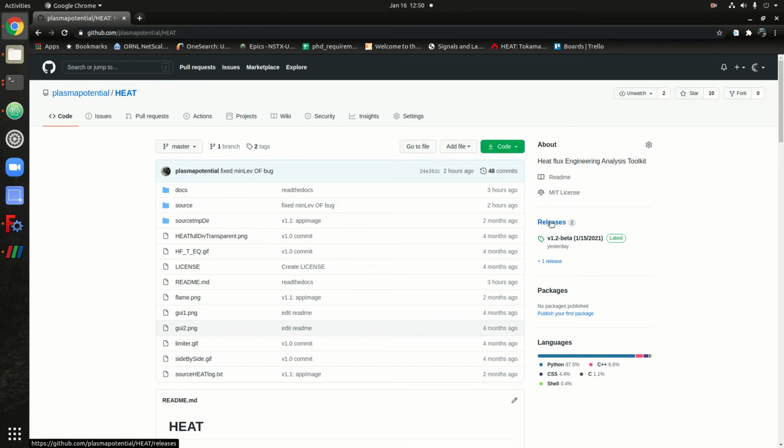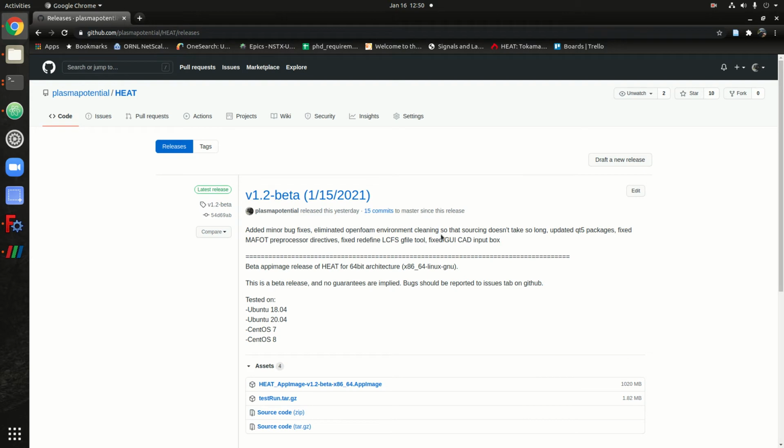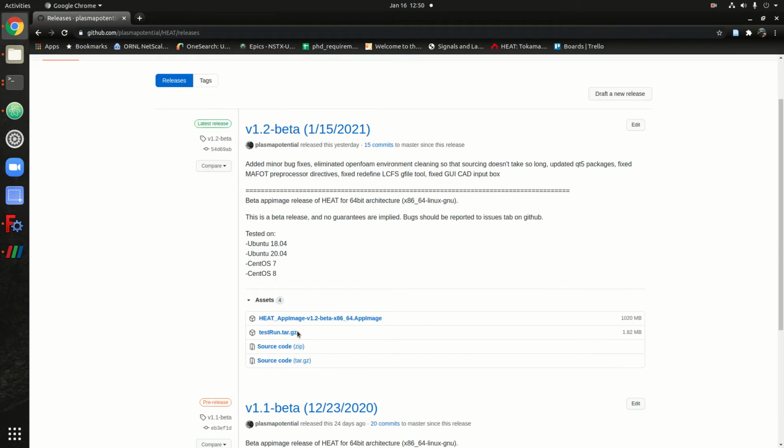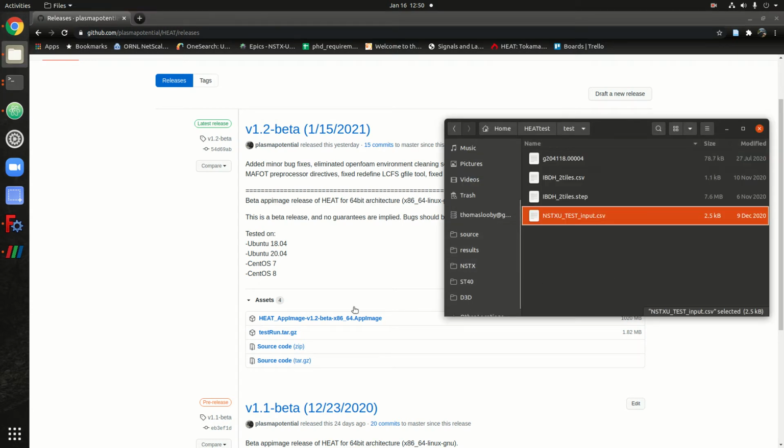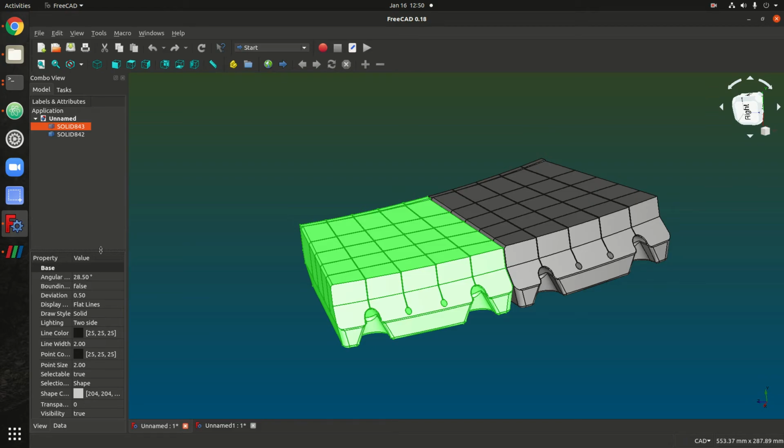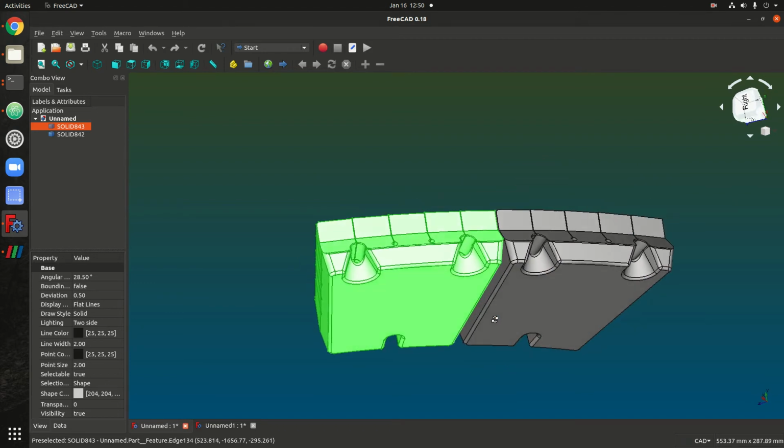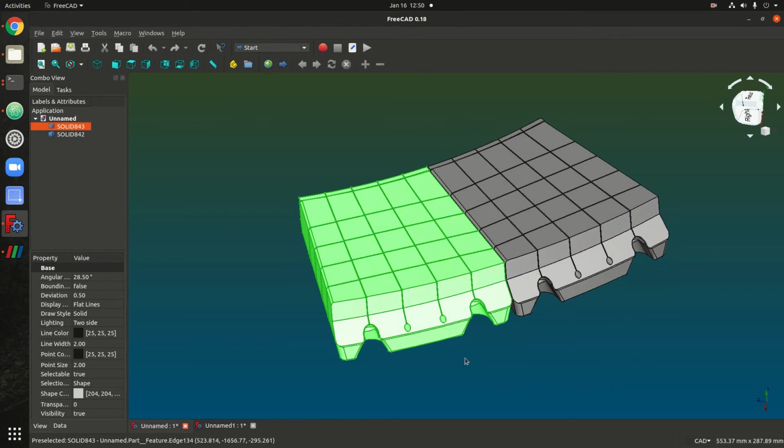So under releases, if you remember, we went in and downloaded the app image and the test run. We did that in another video. If we extract that tarball, the testrun.tar.gz, we have these 4 files in there. Today what we're concerned with is this PFC, which is a PFC from the lower diverter of NSTXU, the one highlighted in green here. It's called solid 843, and we're going to calculate the heat flux and temperature throughout this